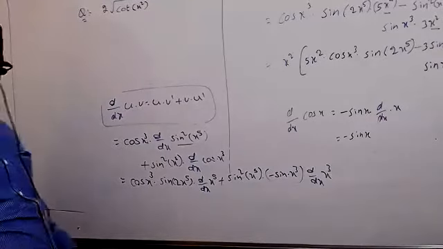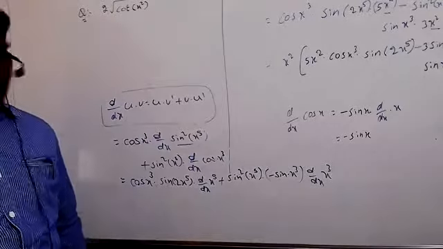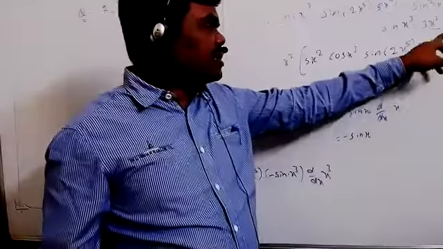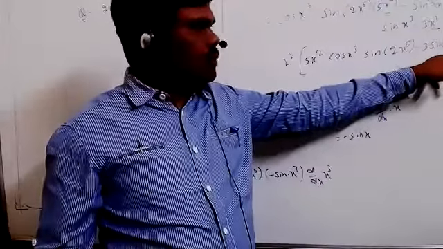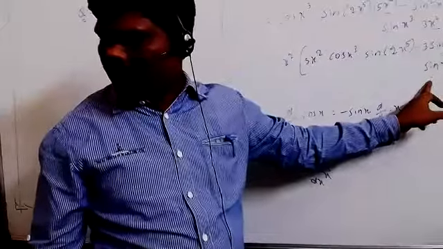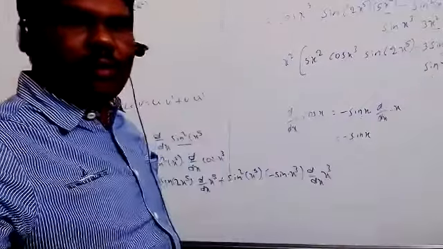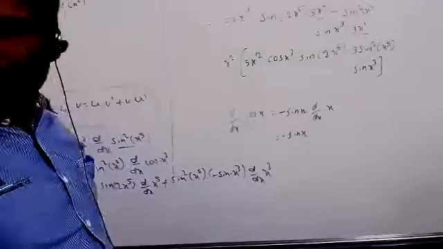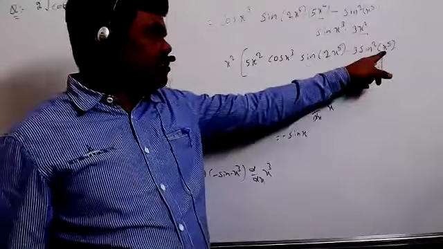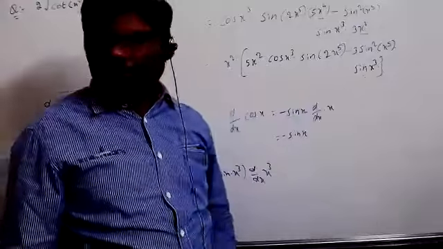Okay. So what's the last step, sir? Minus 3 sine, what is that, sir? I can't see it. Minus 3 sine square x power 5 into sin x cube. If you want, you can see this one. Okay. Minus 3 sine square x power 5 into sin x cube.